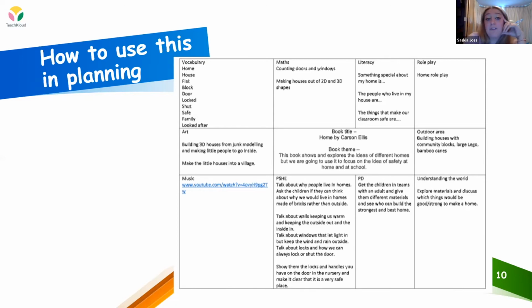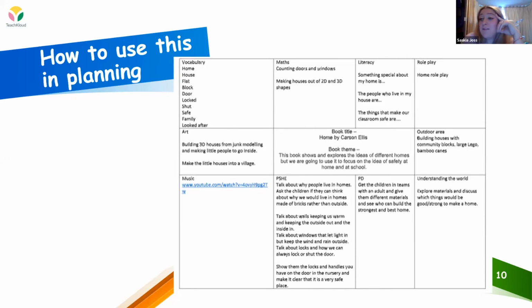The words and vocabulary that we'll be looking at this week are very different from the things we were talking about before. They're not really feelings based. They're more descriptive. It's this idea of different kinds of homes, house, block, flats, things like that. But it's also this idea of locked and shut and safe and closed, and no one can come in if we don't say so. And what we're trying to do with this particular book, looking at it from a therapeutic perspective, is the idea that